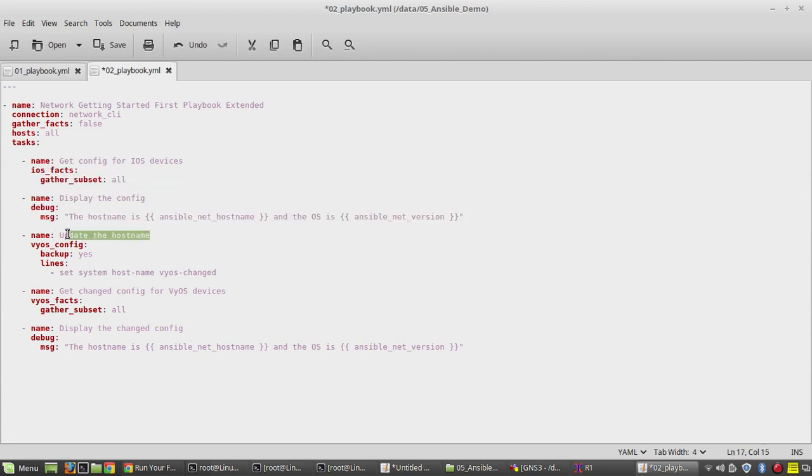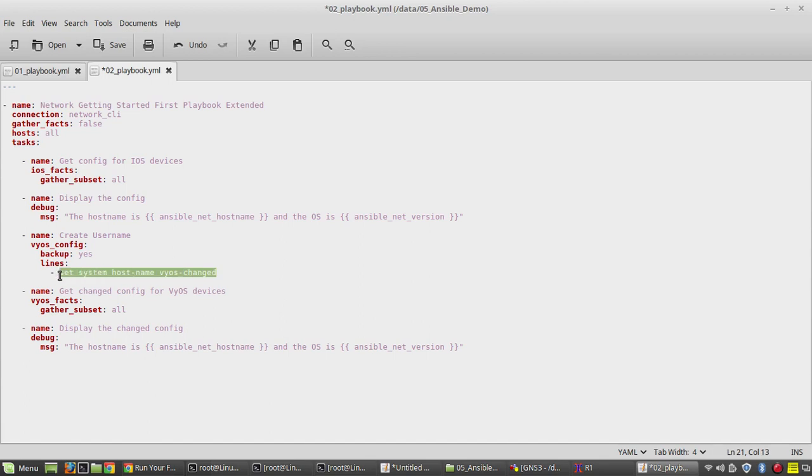Then instead of host name, what we'll do, we'll create a username. Create username. Backup, yes, that means before making the configuration changes it will take a configuration backup.